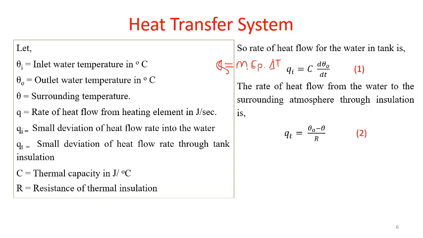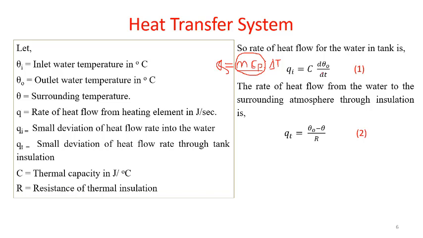So it is small q, with M the mass flow rate of water and Cp the specific heat of water. This combined is going to be called the capacity of the water. If instead of water you are using oil, then the specific heat of the oil will be different, and similarly for any other liquid. So it depends on the capacity of the heat to be stored in that liquid. So this is a constant.